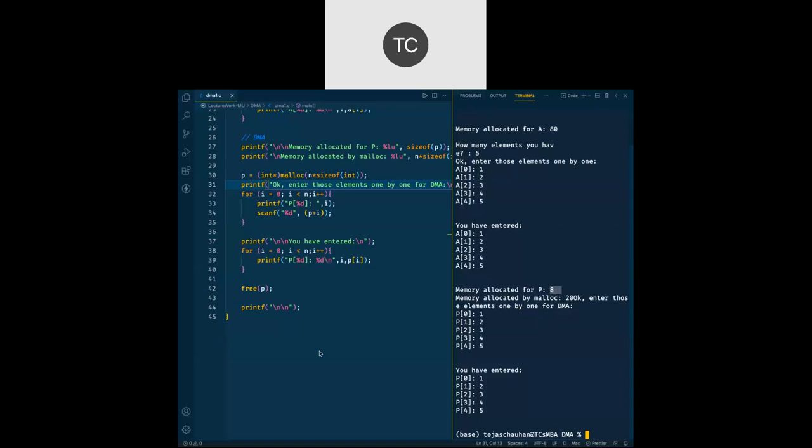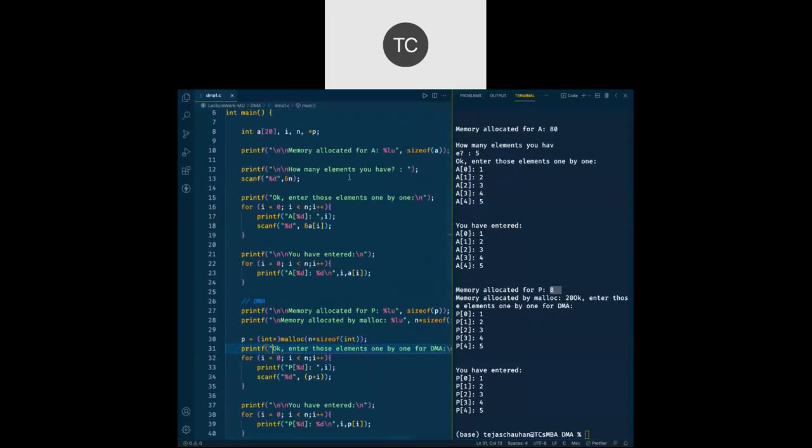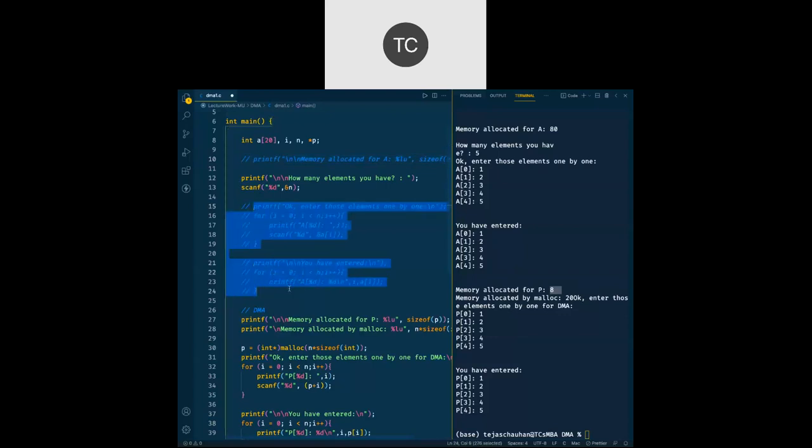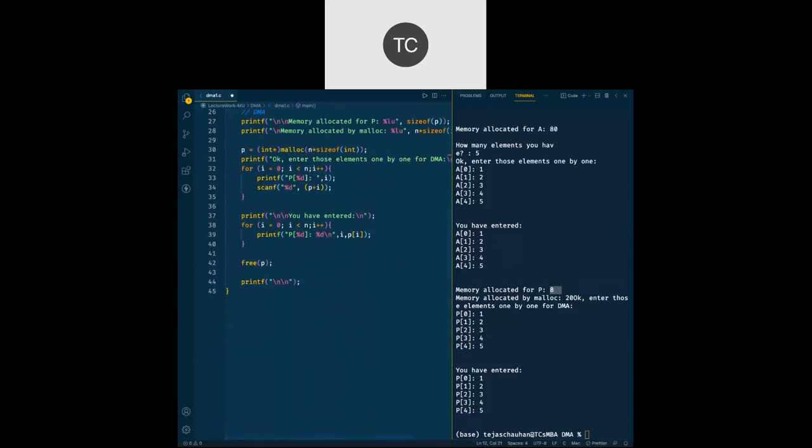Now let me comment this earlier part, because now we do not focus on this one. We need the number of elements n. Let it be as it is. I need to go for one \n here. Let's have two \n's.